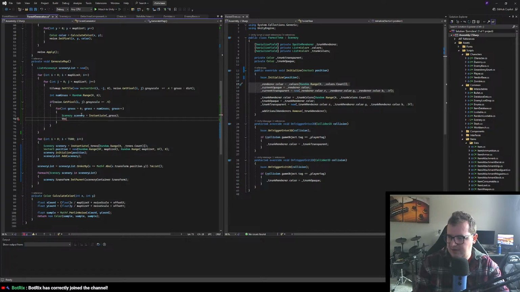So Vector3 position equals new Random.Range of